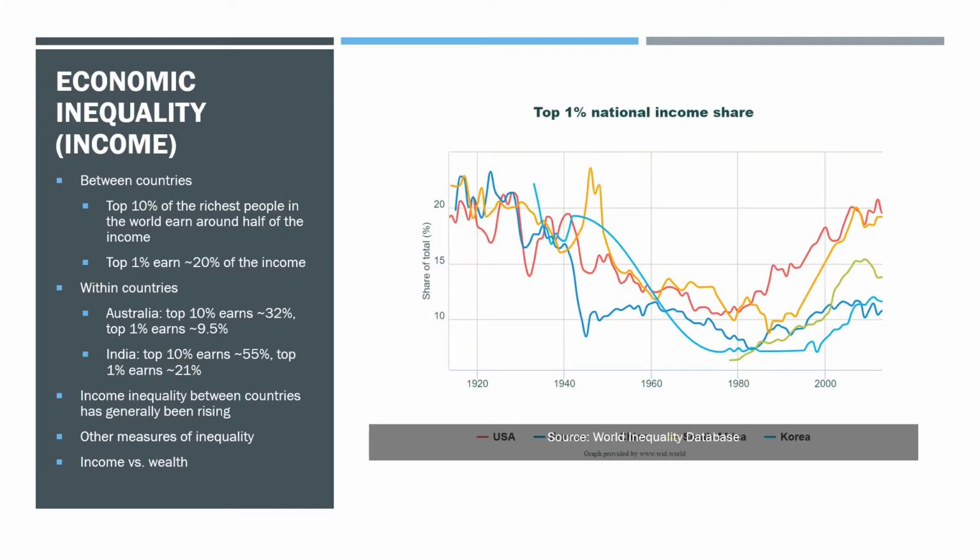Here, this graph that I created, and you can actually create it if you go to the World Income Inequality Database, shows a bunch of countries: US, South Korea, China. You can see general patterns of the distribution of income to the top 1%. One very interesting pattern to note here is that there's a dip in the mid 1940s due to World War II, the devastation, a general shock to the system.